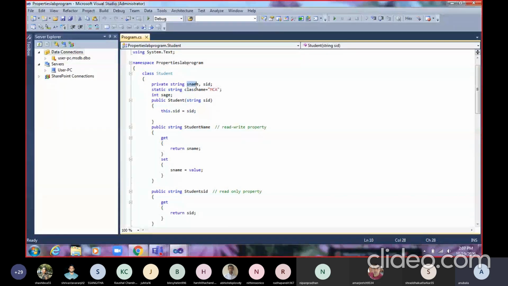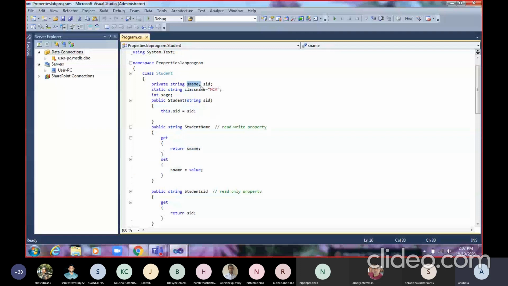So one student name property has been created. Student name is the name of the property. It will work with the data type string, and it is public. Inside that, one get and set method is there. Get is returning the S name, which is the private data member.